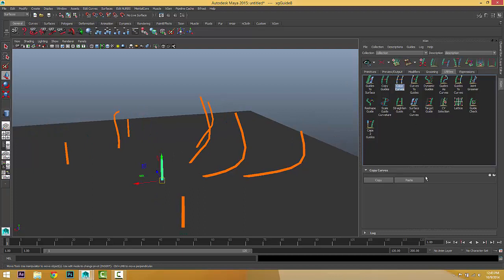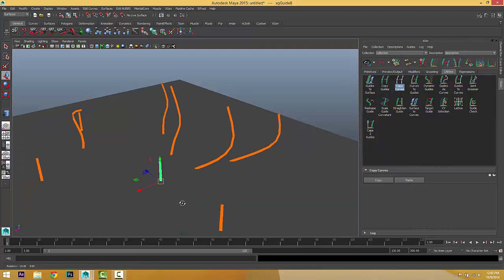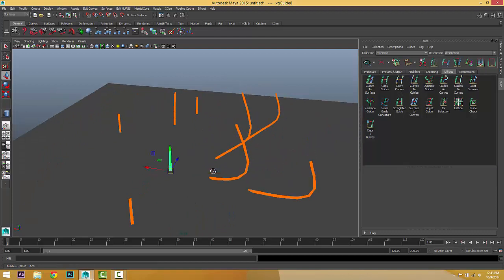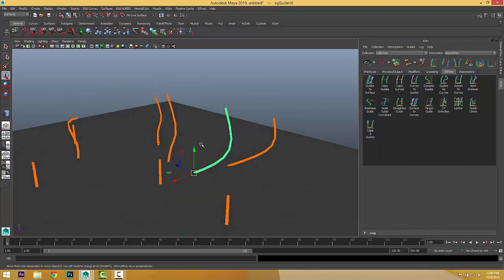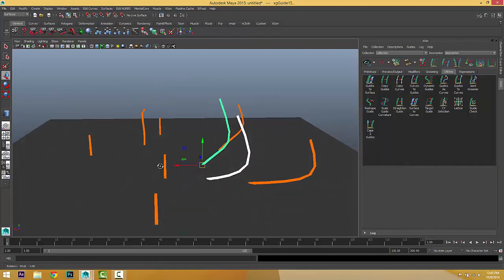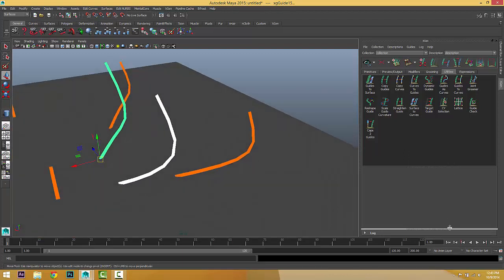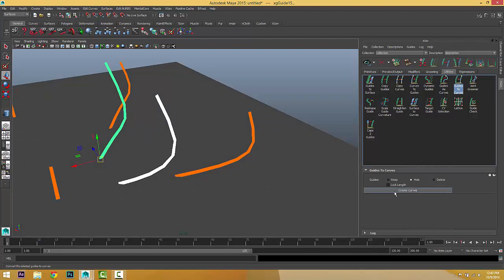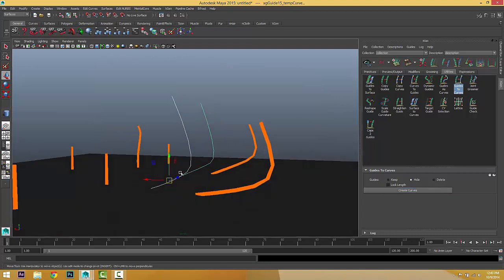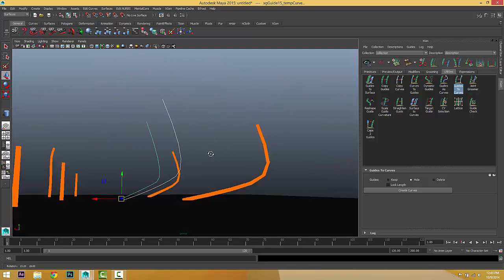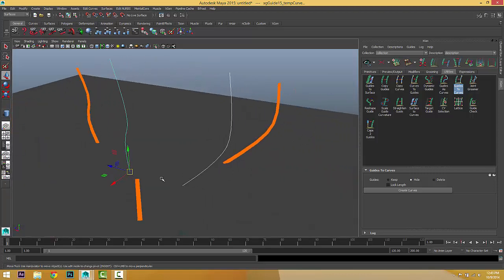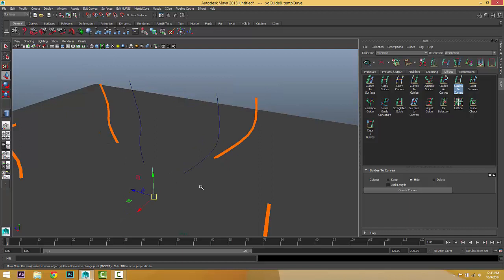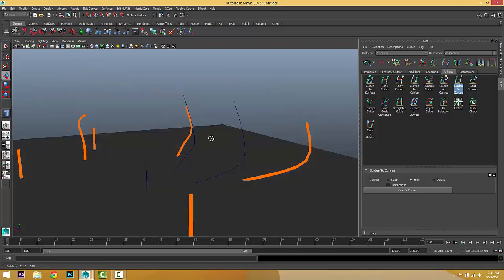Copy curves is doing the same thing but for curves. For example, if we just select this guide and this one, and go to guides to curves, and just with everything like that, which is just create curve, we've got a couple of curves, and maybe this one also. So we can convert the guides to curves.